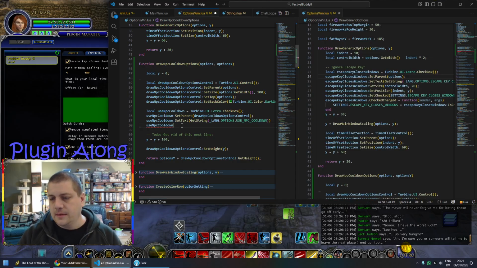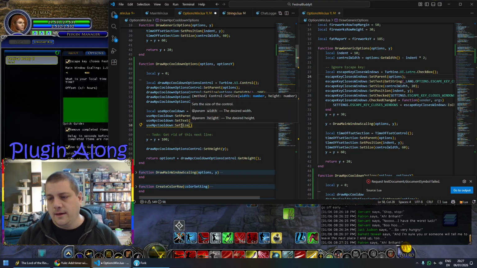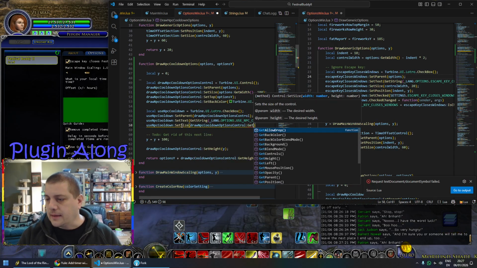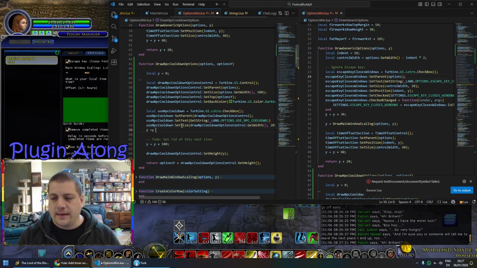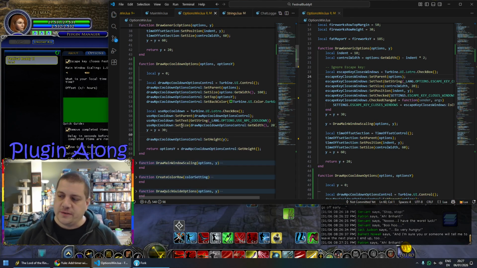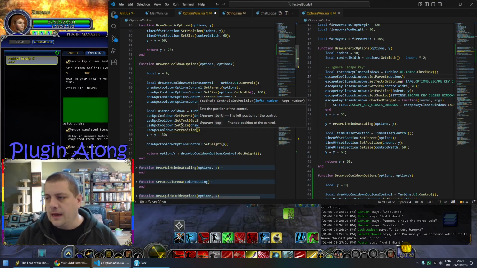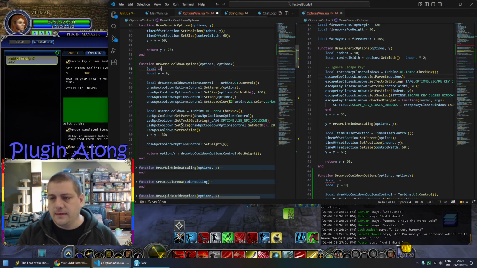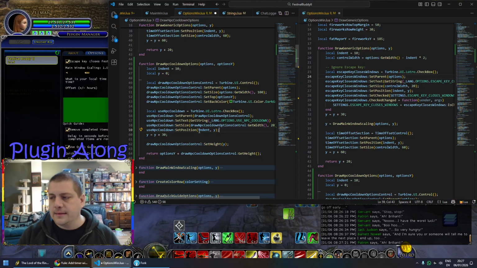Okay, so we're going to set the size, and for that, we can just make it the size of the thing it's in. Get width, and we'll make it 20 tall, sure. And y equals y plus 30, and that'll at least give us something to replace there. Okay, what else? Set position. Cool. Set position. Indent equals 10. That's fine. Local indent equals 10. So set position, indent, y, and then